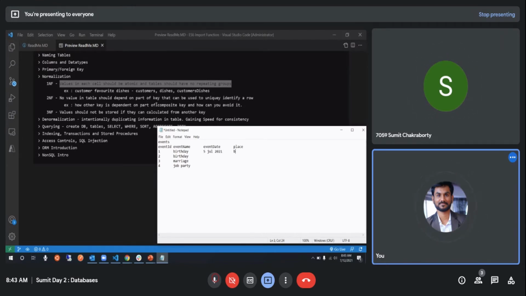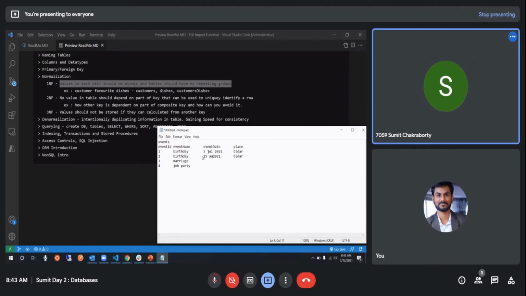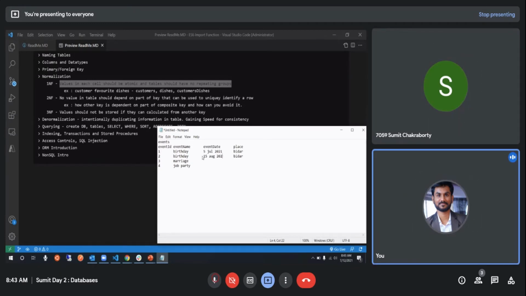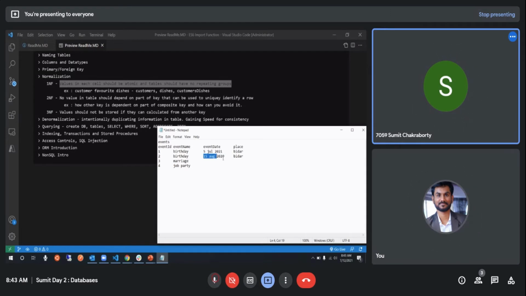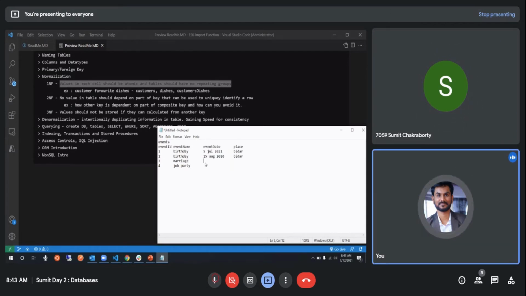Place is say, so one is Bidar, the other one is again Bidar itself, but say the date is in August 2020. Okay, and then say marriage. So when did you get married? 15 March 2020.